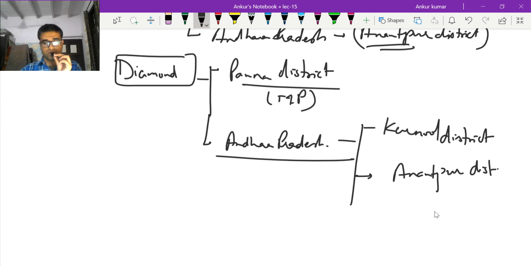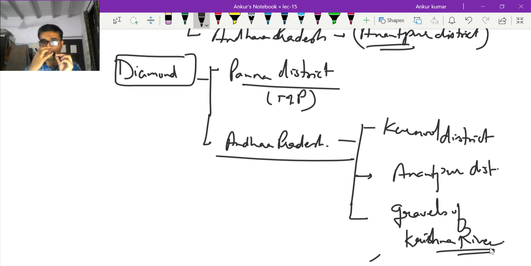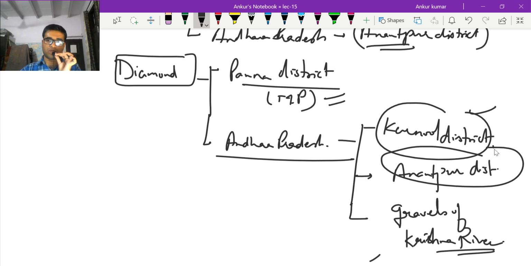Anantapur district. And the third one is in the gravels of the placer deposit, that is in the gravels of the Krishna river, right. This is the diamond deposit. So diamond deposits के हमने दो एरियाज, एक पन्ना, पन्ना इज इन मध्य प्रदेश, सेकंड आंध्र प्रदेश के अंदर तीन डिस्ट्रिक्ट याद रखे, वन इज इन द कुर्नूल, अनदर इज अनंतपुर, थर्ड वन इज द ग्रेवल डिपॉजिट्स ऑफ द कृष्णा रिवर, राइट।